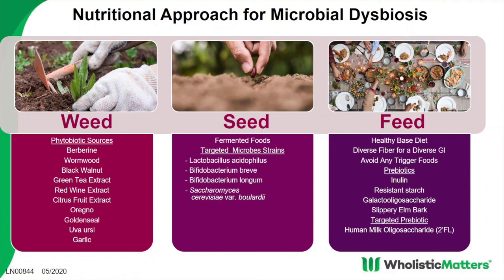So you're trying to pair things like a weeding, a seeding, a feeding for individuals. So utilizing phytobiotics, things that we know can really regulate some of this growth. Then something like a seeding, where you introduce new, very helpful microbes into this grouping. So you have things like fermented foods that can be used, as well as targeted microbe strains that deliver beneficial effects.